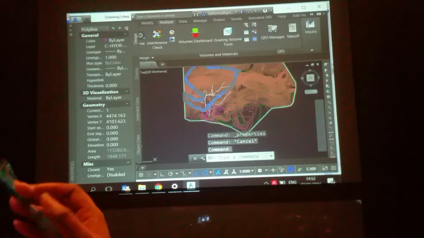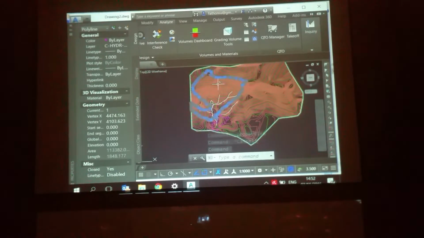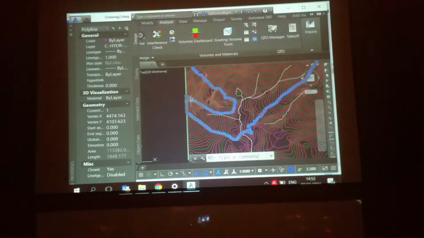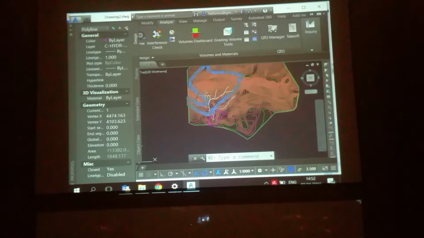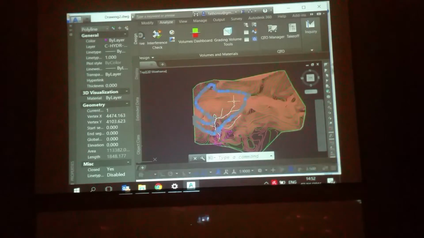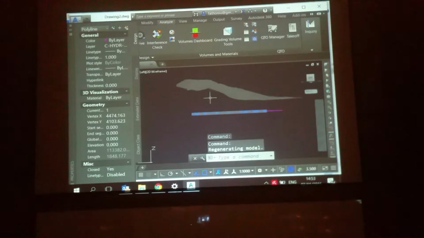But I think there is a problem of calculation here because you can see here we have no data here. So that's why it's supposed to be, I'm sorry, this one is the highest area. If this one is the highest area, so what's wrong? This area that we see from the west view. Yeah, you can see here all the area here flooding will be discharged to this one.